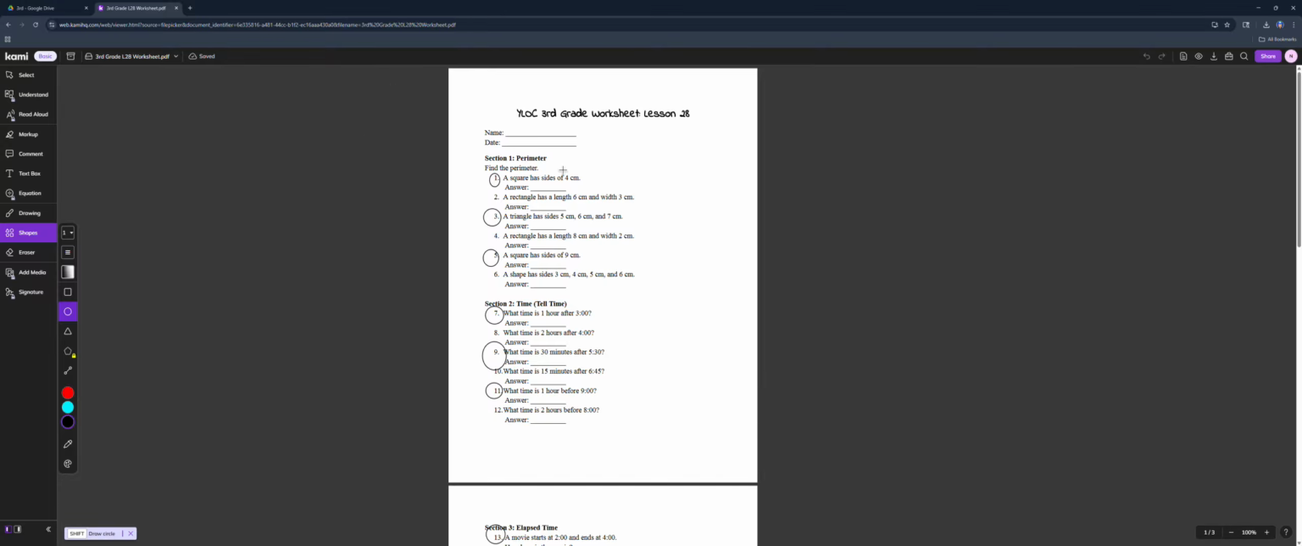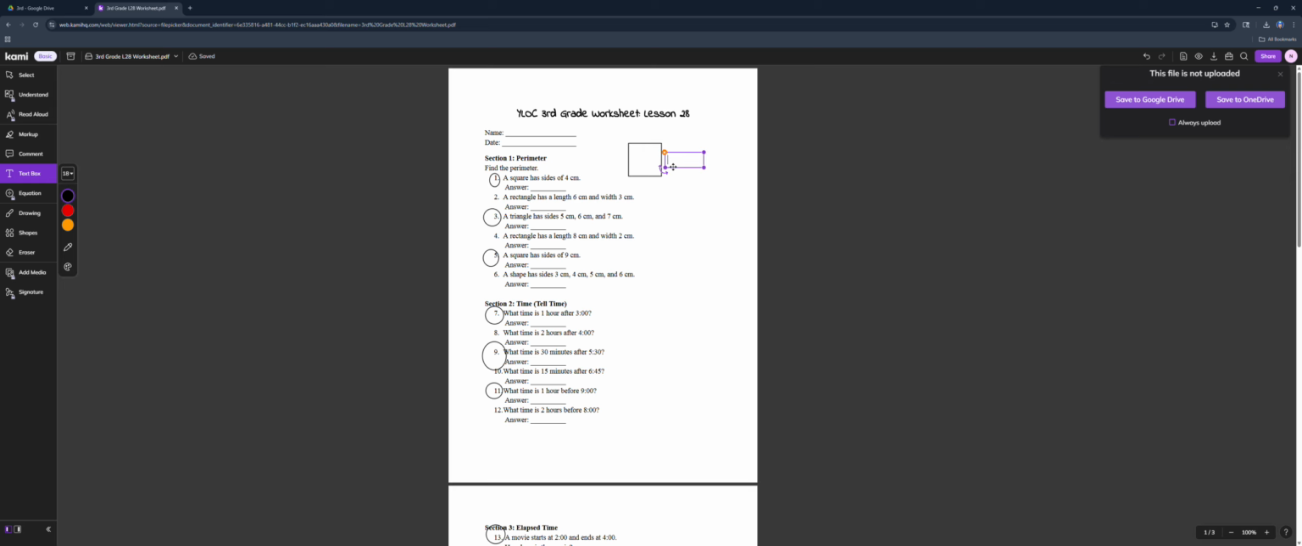And for section 1, it's going to cover perimeter, and we'll be doing the odd problems today. So for number 1, we have a square has sides of 4 cm, and what that means is on every side of the square, it's going to be 4 centimeters long. To find the perimeter, you just have to add all 4 sides, and we know that each side is 4 cm, so you'll be doing 4 plus 4 plus 4 plus 4. If you add all that together, you should get 16. So the square that has sides of 4 cm for each one is going to have a perimeter of 16